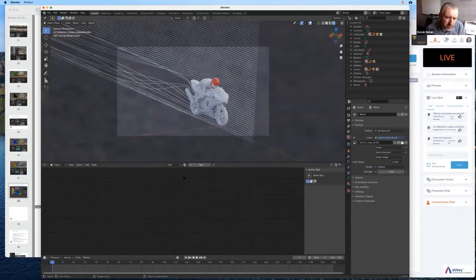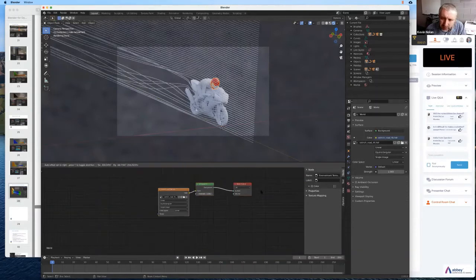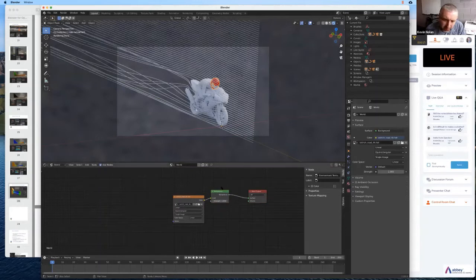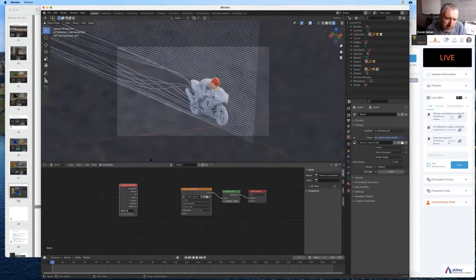So what we can do is go down here, this is where we have our shader. We can change from object view to world view. And this is what determines how everything works over here. So I can add an input, and I can add a texture coordinates input. This is all about the texture coordinates of this input image. And I can click generated and map it to the vector. And then I can add a